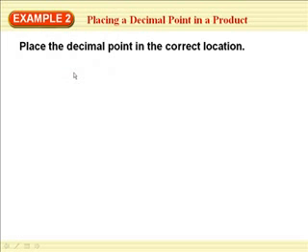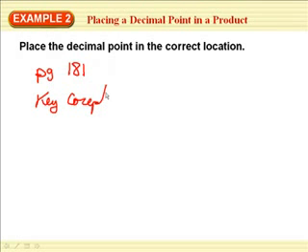Before we do the next example, let's talk right here. I'm on the bottom of page 181. There's your key concept box. Everybody take a look at that, and what it does is explain just what I am telling you right now. Let me read the words to you. Multiply the decimals as you do whole numbers, then place the decimal point. The number of decimal places in the product is the total number of decimal places in the factors. So to paraphrase or put in our words,